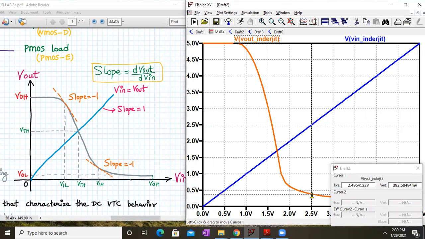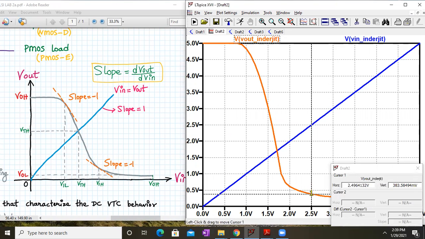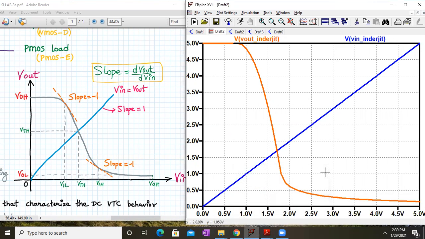So how do you calculate VOH? At Vin equal to 0, calculate VOH. So that is almost equal to 4.99. Correct? That is okay. And also we can calculate the value of VOL. So VOL is when Vin is equal to 5. So it is around 147 millivolt. Okay, that also we can easily calculate. But is there a technique to automate these results directly?